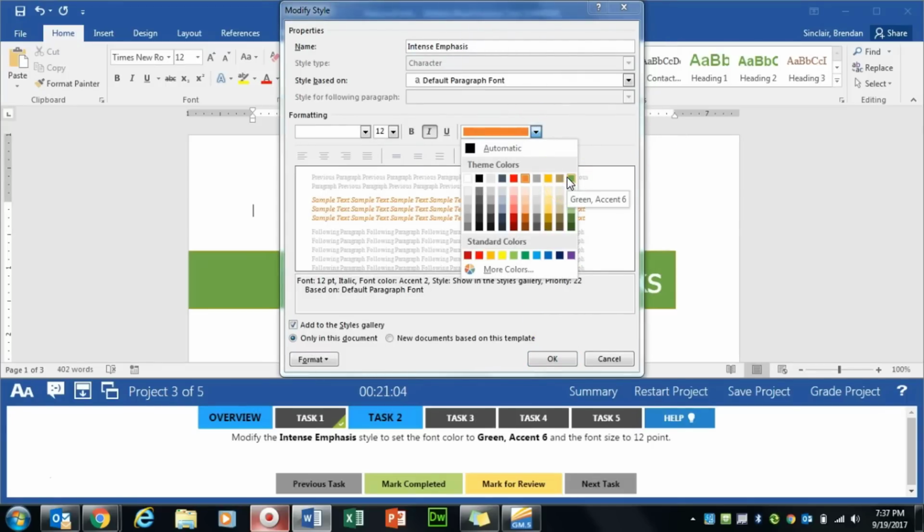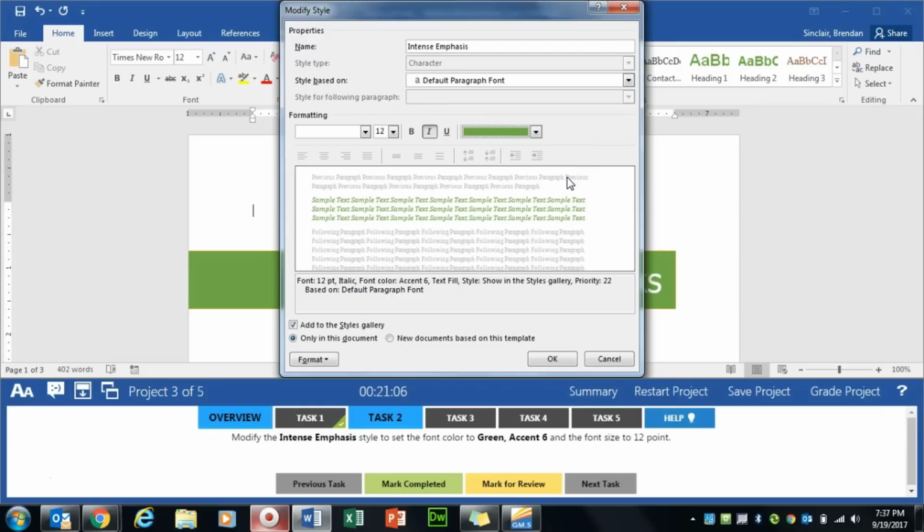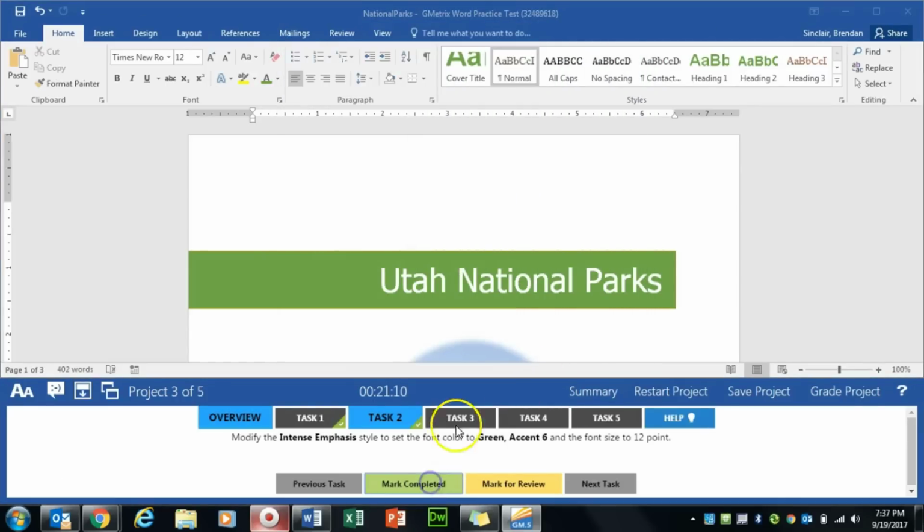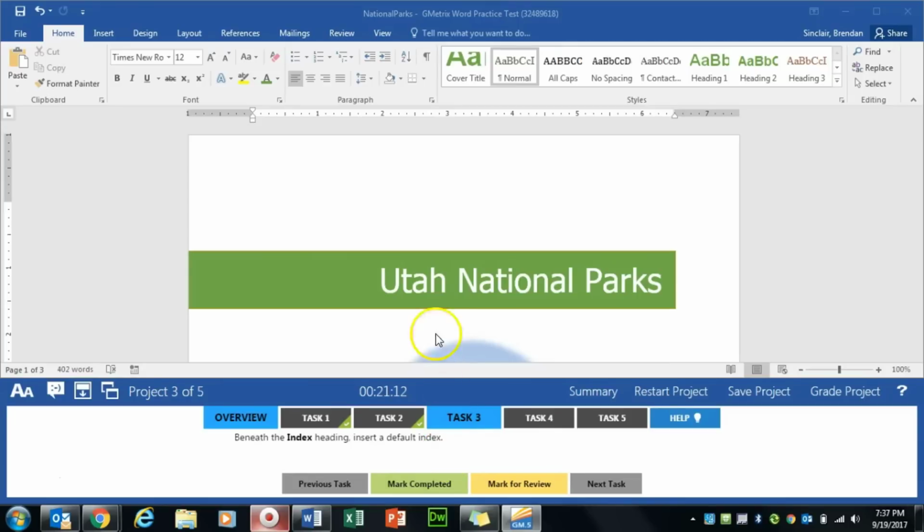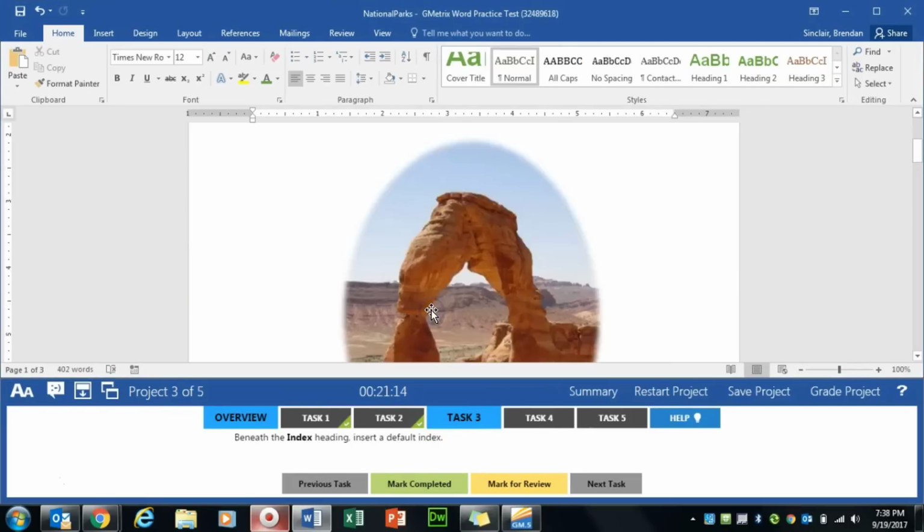If you're not sure, hover. It is this one, and it tells us to change the font size to 12. It's already at 12, so we'll go ahead and click OK. We'll click Mark Completed. Task 3 asks us to go ahead and insert an index underneath the index heading, so